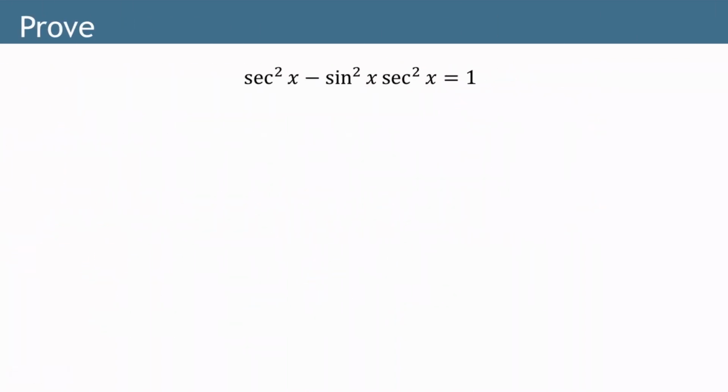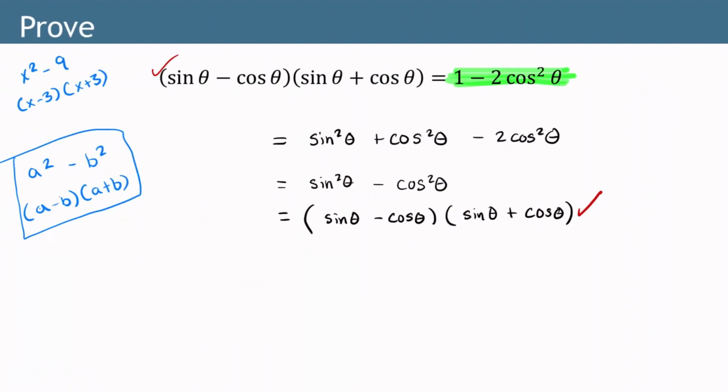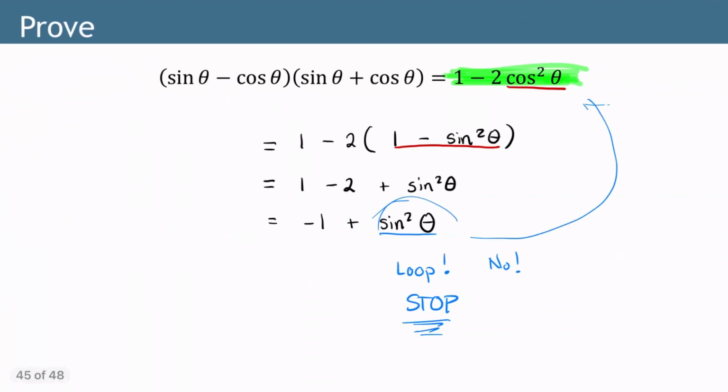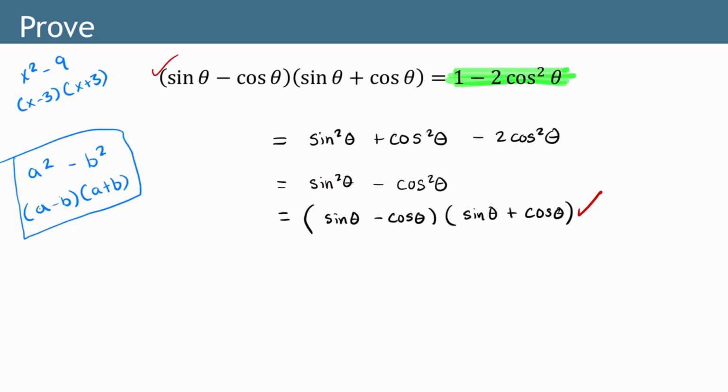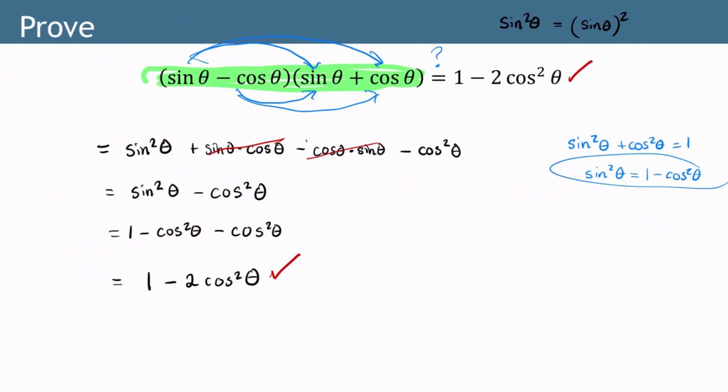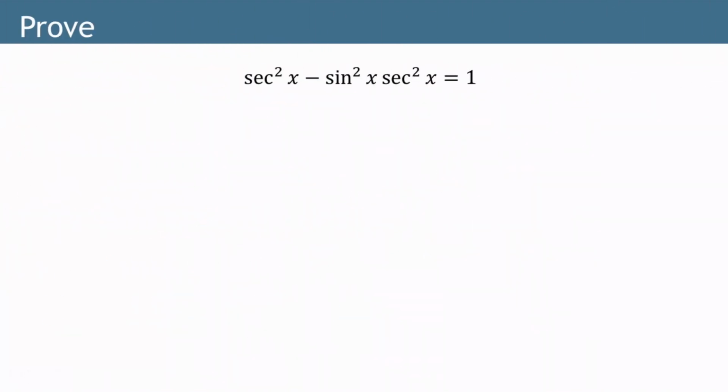Let's look at one here. So here's a good one. One piece of advice, and we did employ that here: we swapped out and looked for cosine squareds and sine squareds. I think I even used that same cosine squared, sine squared thing back on this one. Now here's one where I like to get everything into sines and cosines, and that can really be helpful too, okay? So for sure, you're going to want to work on the left-hand side because there's so many